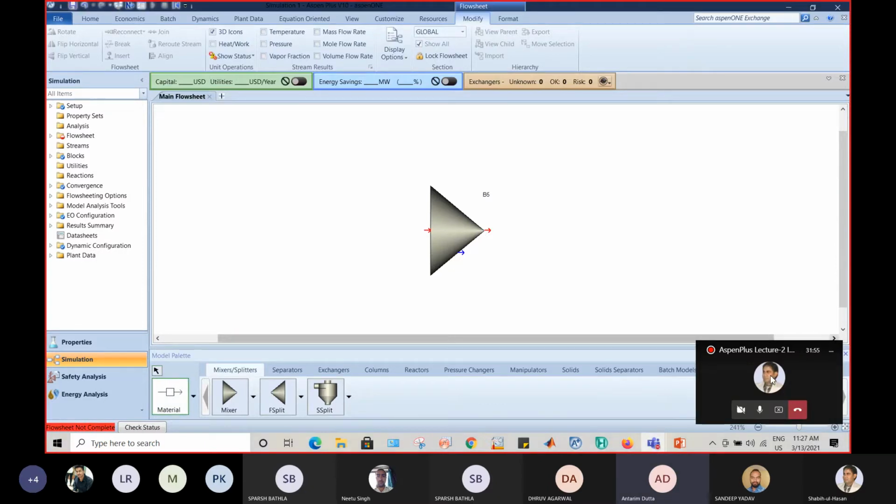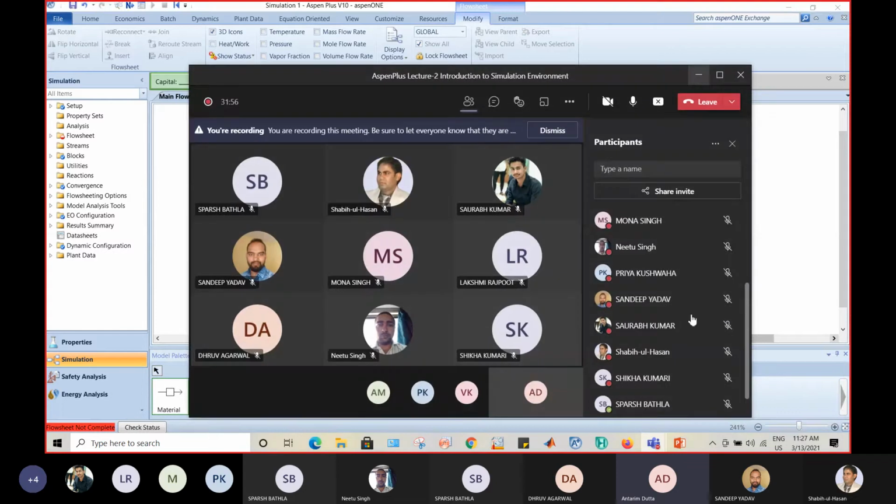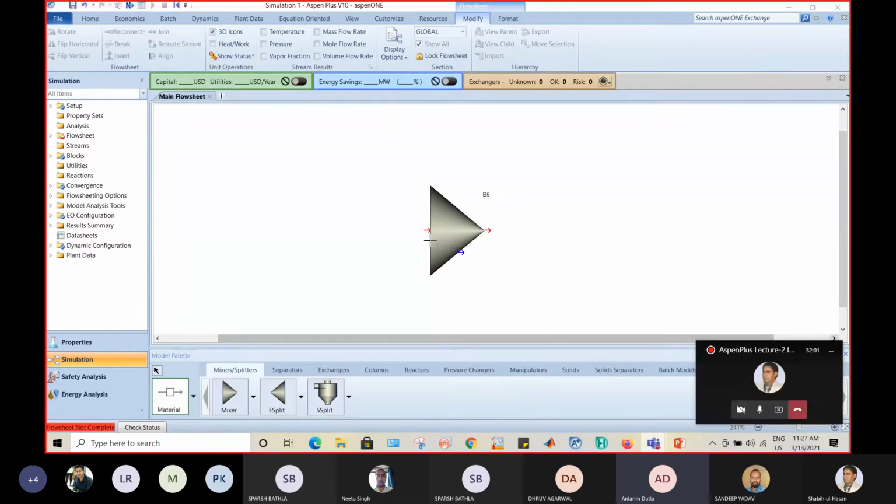Okay, you can see we have two different colors with us, that is, red streams and blue streams. Red streams are the required ones, which are required for the simulation of this particular model. I'm not talking about only this particular model; if you have a different model, the red streams and the blue streams may also appear there. Red ones are the required ones. That means we have to feed in the data for the streams appearing in red color. Then only we will be able to perform the simulation of our desired model.